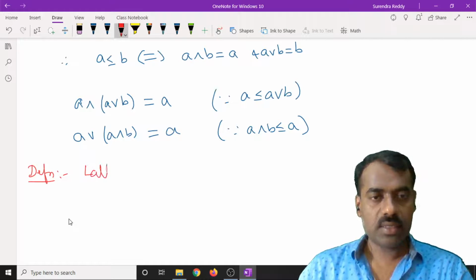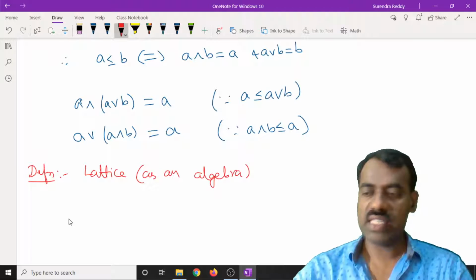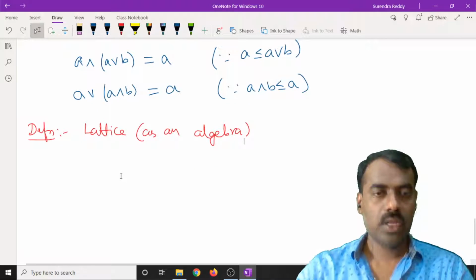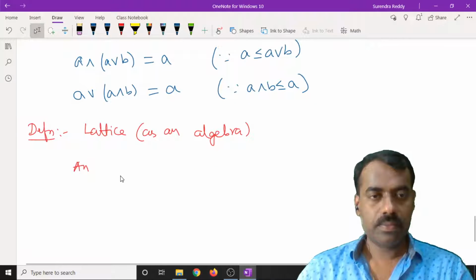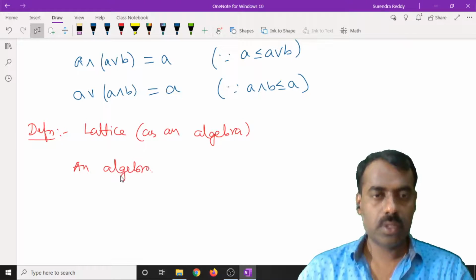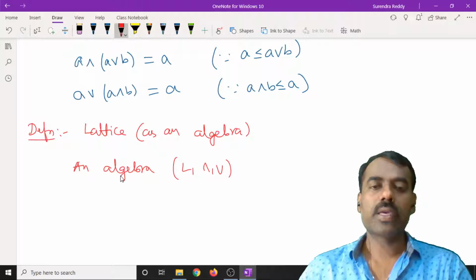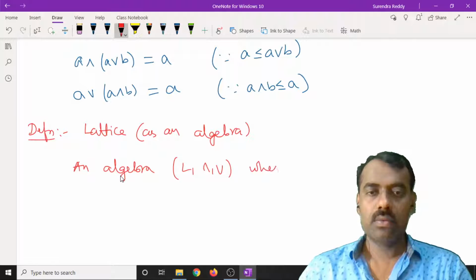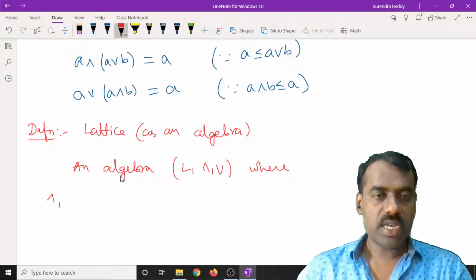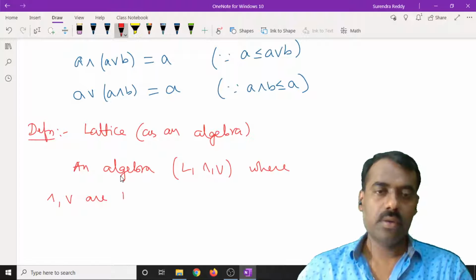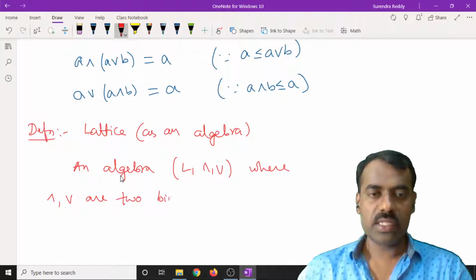So lattice as an algebra. We know lattice as a poset. So we'll see now lattice as an algebra. So an algebra is L with two operations, where meet and join are two binary operations